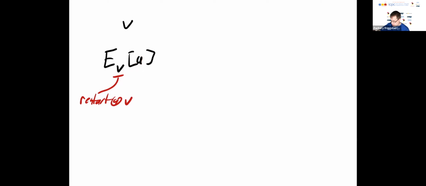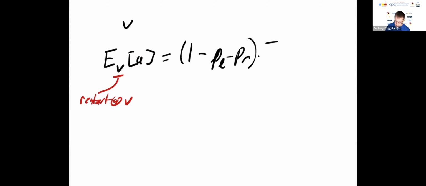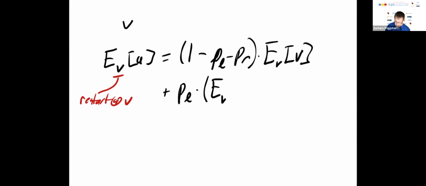Well, maybe it'll make it to the bottom, or maybe it will be stuck, in which case you would restart. So it is, well, the probability you get stuck, which is 1 minus PL minus PR. And if you get stuck, you replay peg V again. You go back to the very top. Or you succeed in going left, in which case it is the expected value you would get from that peg X there, using the same notation as last slide, given that you would do any redrops at V. Finally,